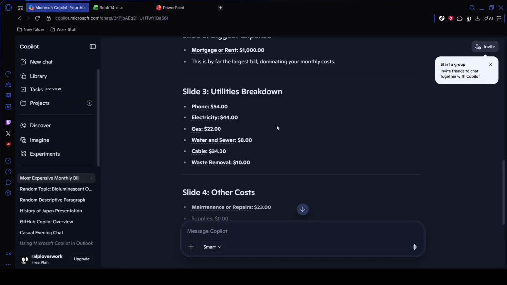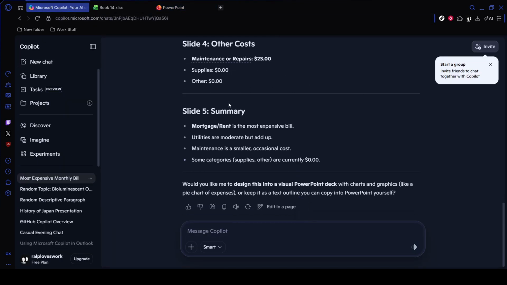That's how you use Microsoft 365 Copilot to save time and streamline your daily